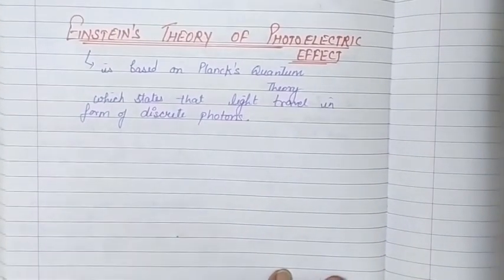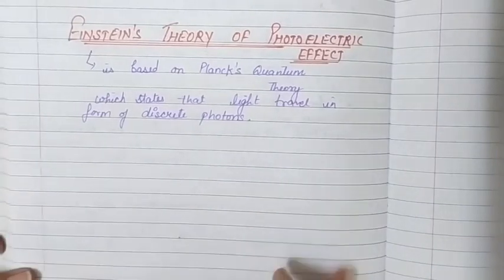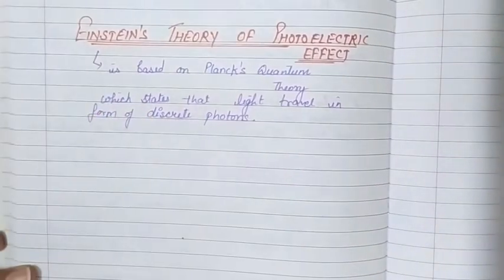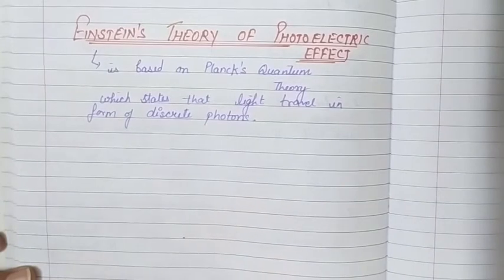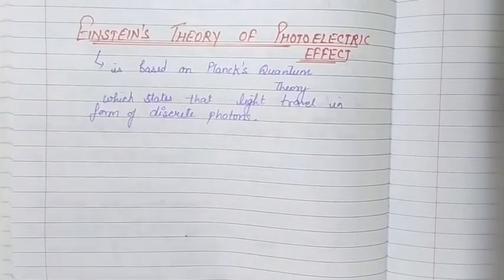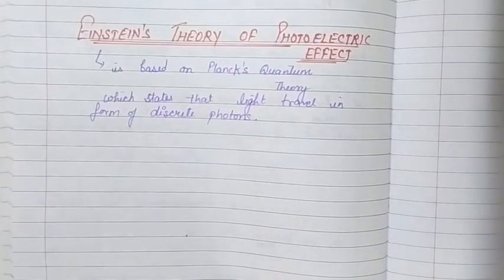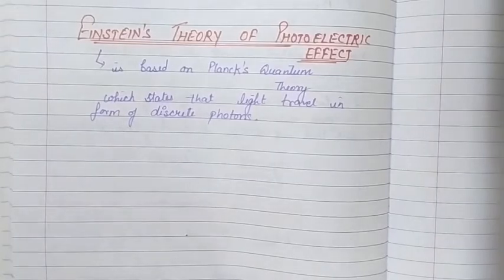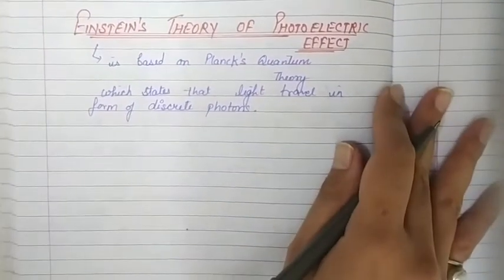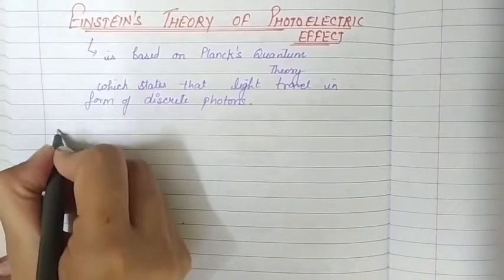So Einstein in his theory considered this fact, and the photon that we are considering, of light, has energy h nu. If the frequency of light is nu, then the energy of the photon is given by h nu, where h is the Planck's constant and nu is the frequency of that light radiation. So the main points that Einstein put forward in his theory of photoelectric effect are: the first point was